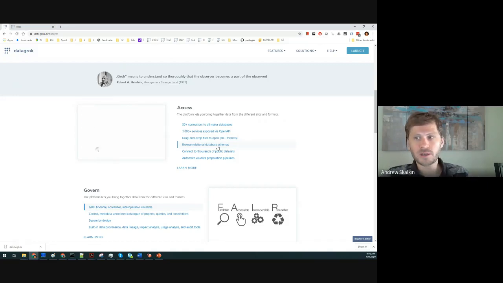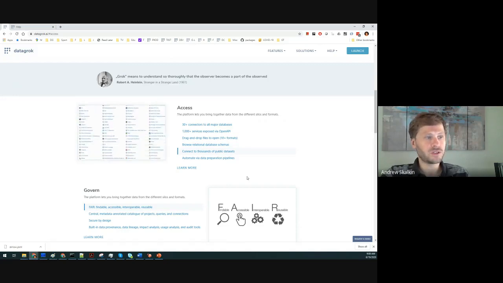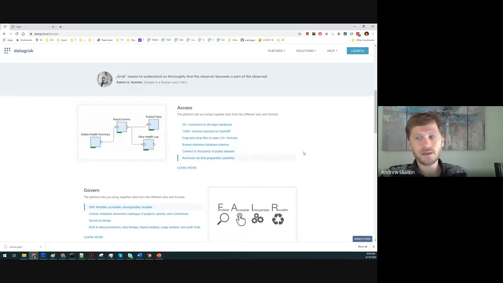Then for relational databases, we can connect to them visually. We can interrogate their schema and browse the content of the database. Then we can connect to a lot of publicly available databases, and that list is growing. Finally, everything